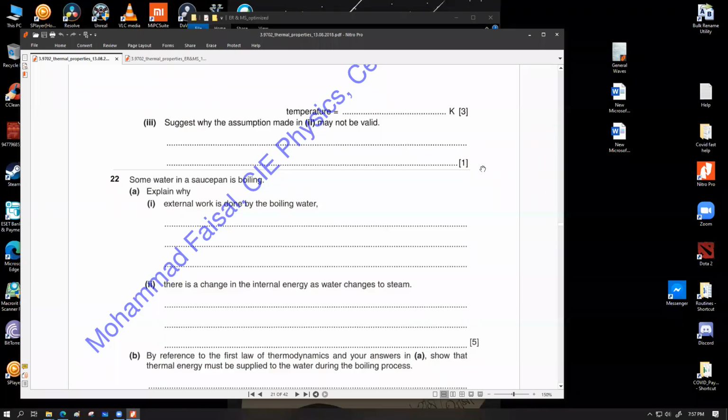There is a change in the internal energy of the water as water changes to steam. তোমার কোশ্চেন হচ্ছে if this was happening for an evaporation case, and not in a boiling situation, আমাদেরকে কি বলতে হবে? স্যার সেই ক্ষেত্রে কি আমরা বলবো যে there is a change in the average kinetic energy of the molecules in the water decreases, so the temperature decreases and internal energy decreases. এটা বলতাম।